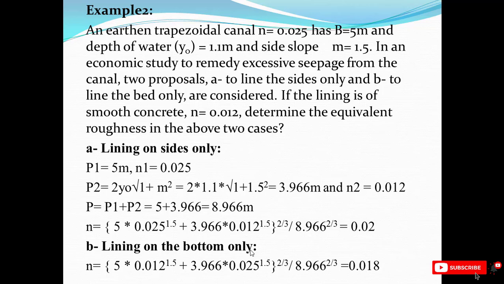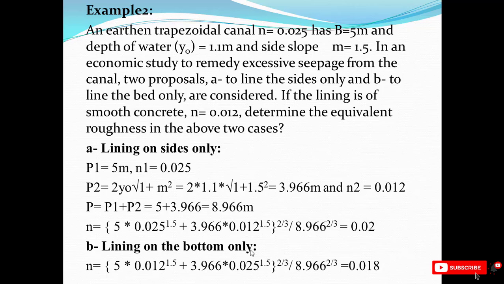We have a trapezoidal earthen channel. Its n is equal to 0.025, b is equal to 5, y equal to 1.1, and side slope 1.5. A study was made to remedy excessive seepage from the channel. There are two proposals: A, line the sides; B, line the bed. Which one is better? First, because the side materials are different from the bed, we should first find the n equivalent